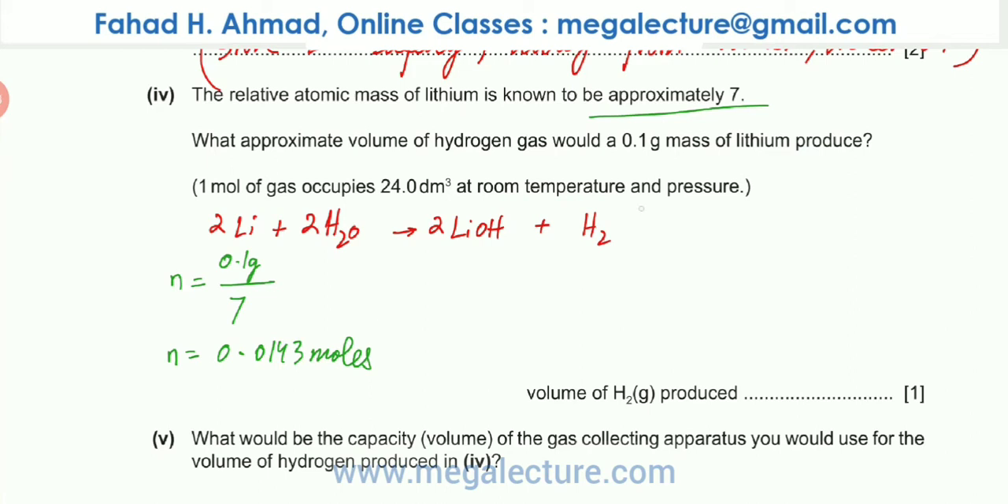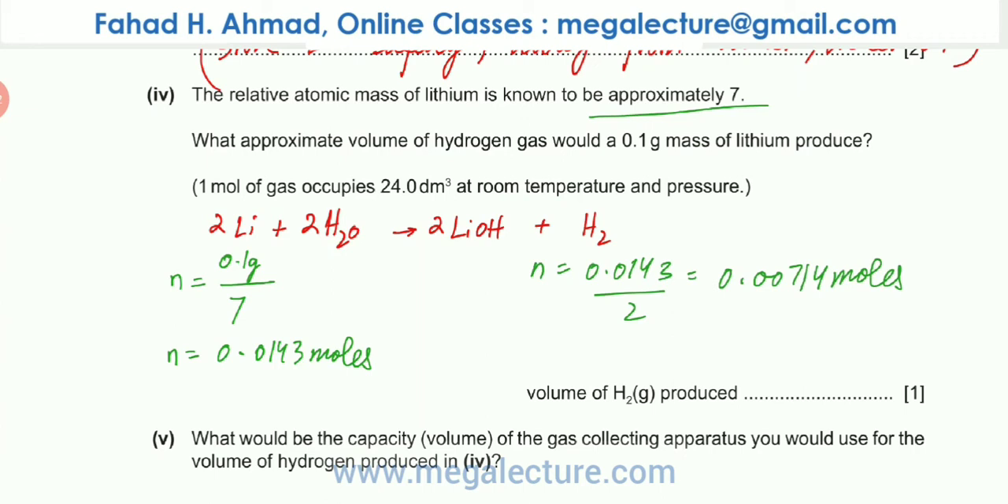Now the other part is I need to figure out the moles of H2. So I'm not going to multiply this by 2, but divide by 2, because if you look at the equation, 2 lithiums produce 1 H2 molecule. So let's divide that by 2 and we'll find the moles of hydrogen gas. So it's going to be 0.0143